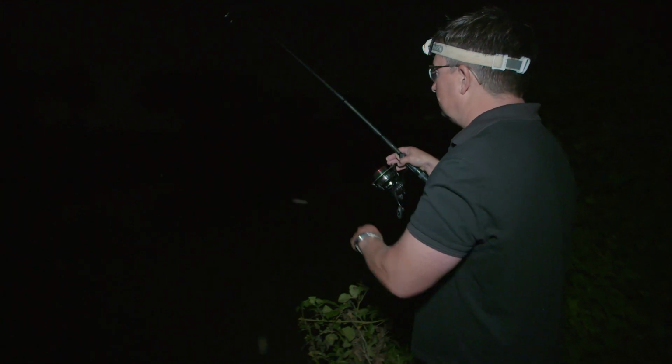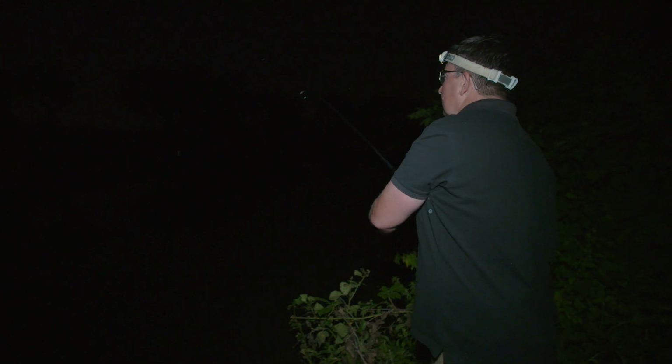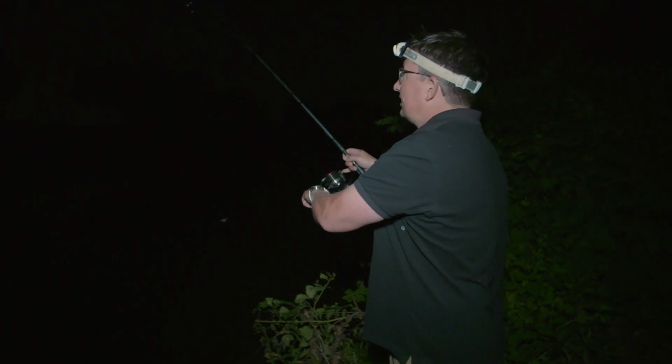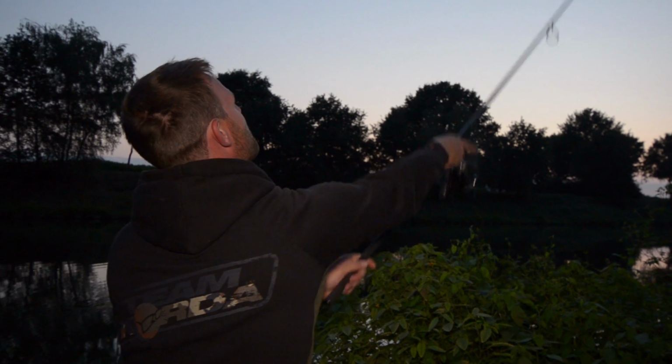It was worth waiting all day to choose a swim. Rushing to get rods out before it got dark, because the fish have turned back up in this same area that they were in on our last session, and Darryl and I have jumped in either side of them, and I've sat in other swims